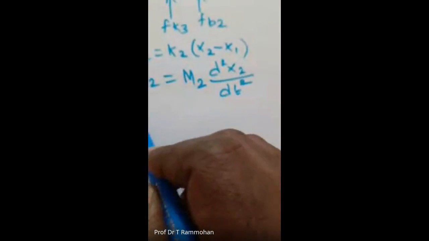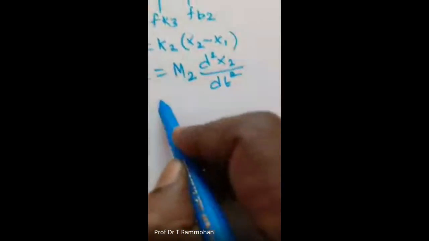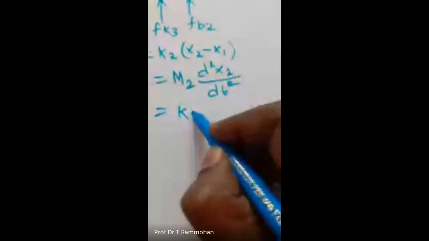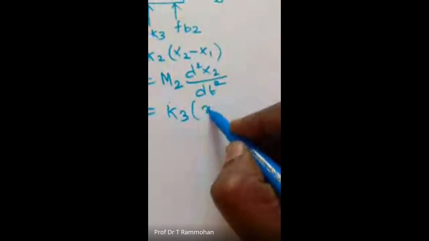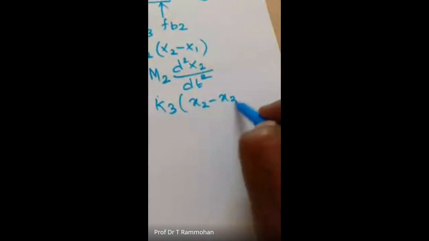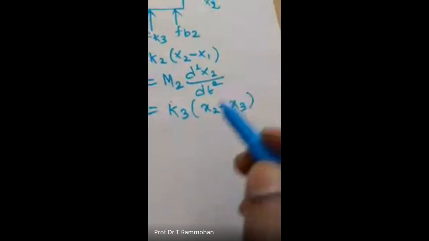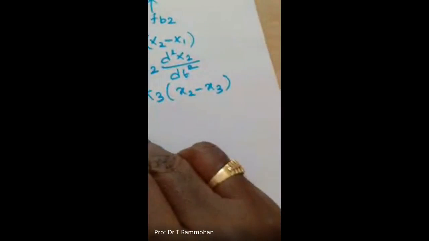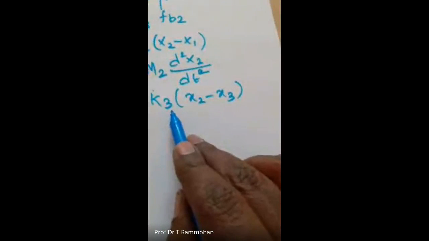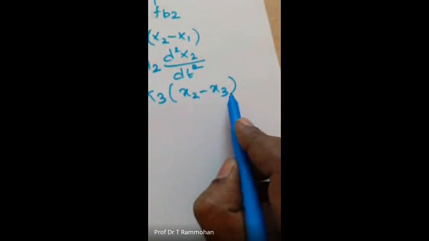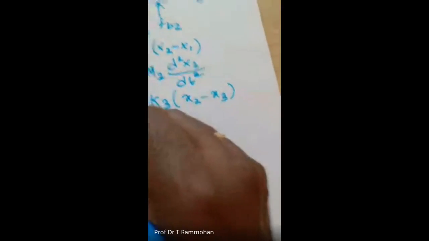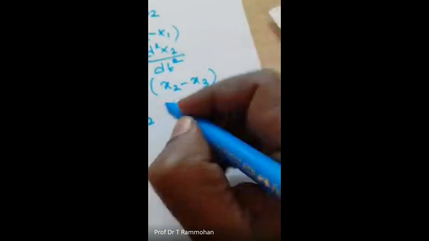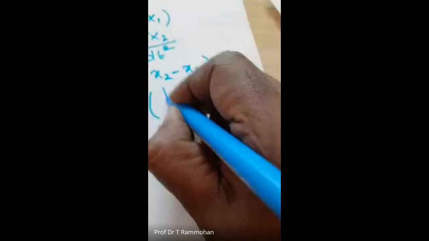Okay, so FK3 equal to K3 into X2 minus X3. And FB2 equal to B2 into